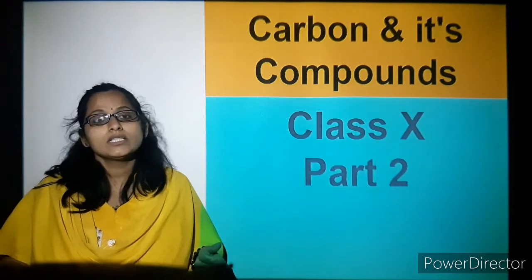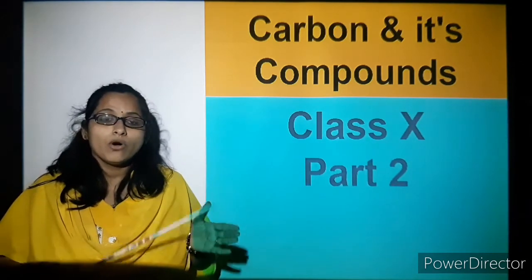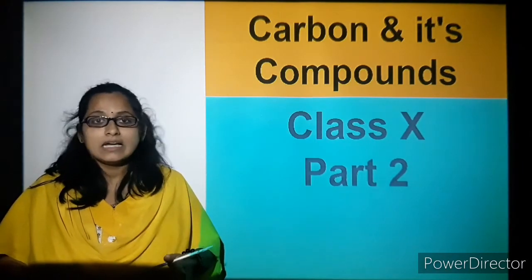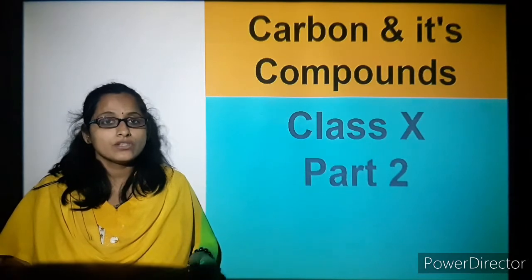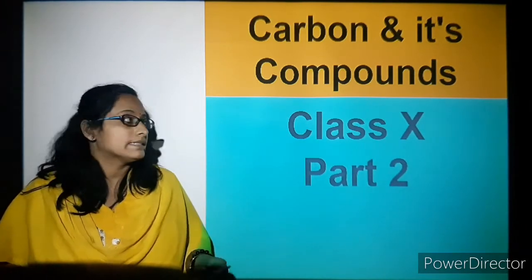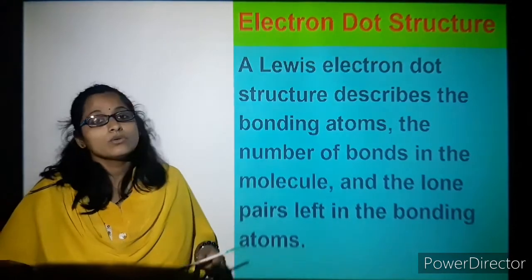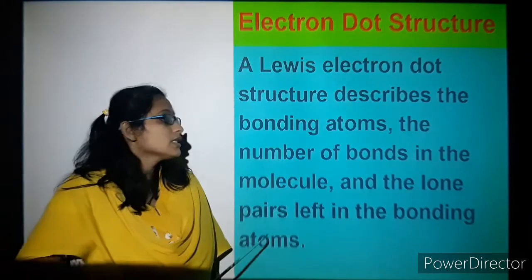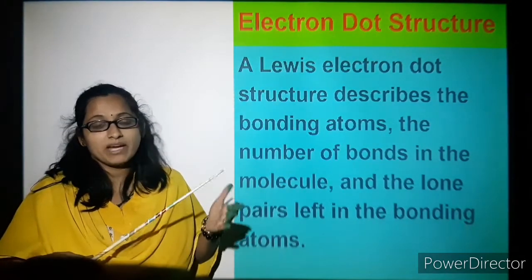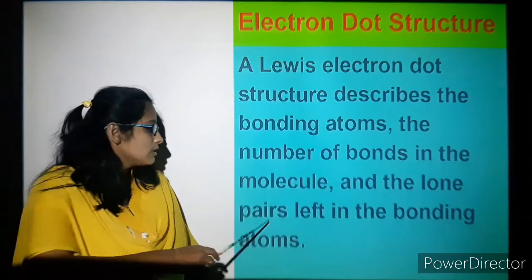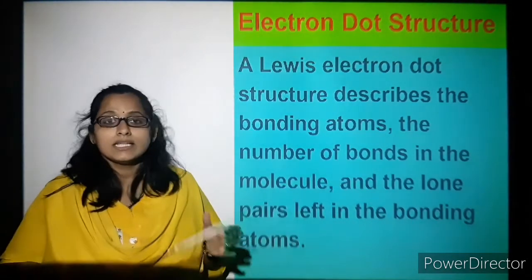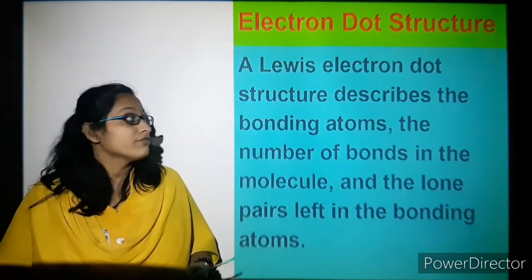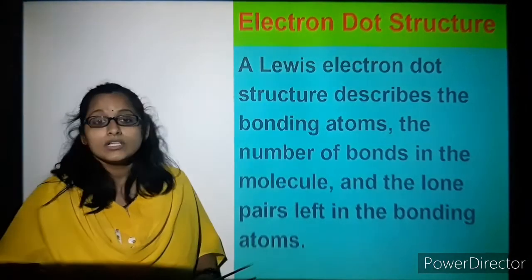We need to understand that to form a structure, that is lone pair, to obtain an octet, atoms need to share their electrons. So going on to Lewis dot structure, let us understand more about it. What does the Lewis electron dot structure say? It describes the bonding of atoms, the number of bonds in between, that is it might be a single, double or triple bond, and the lone pairs, meaning the pairing that has been left out in the bonding of atoms, to obtain the octet configuration.